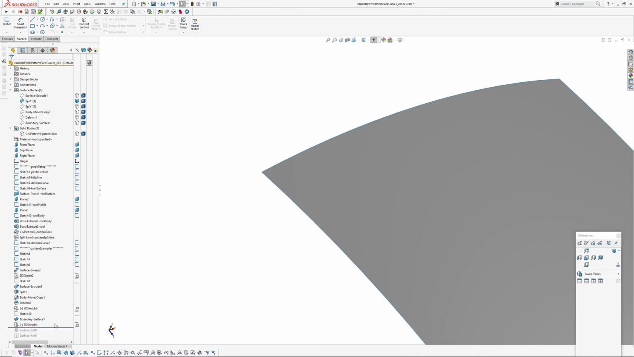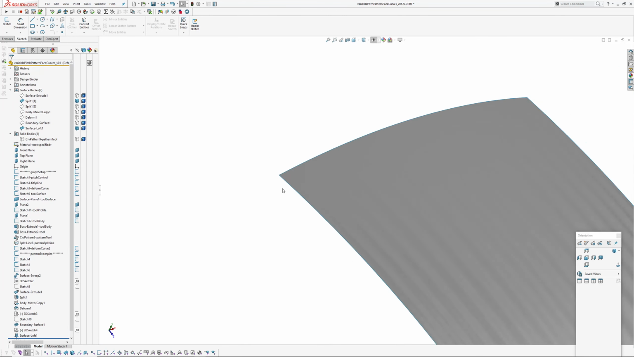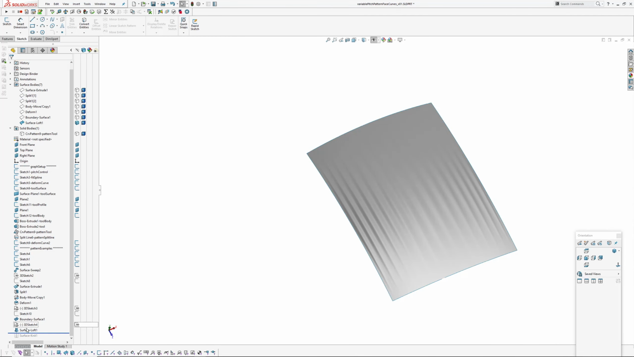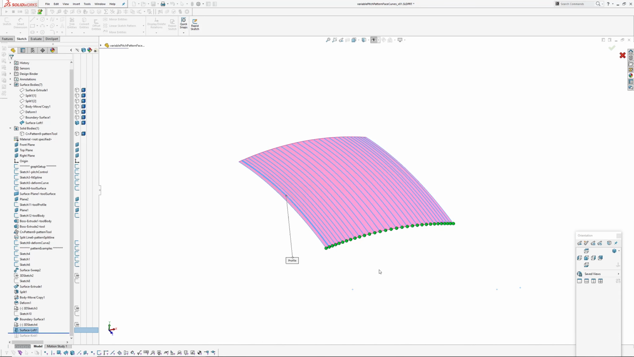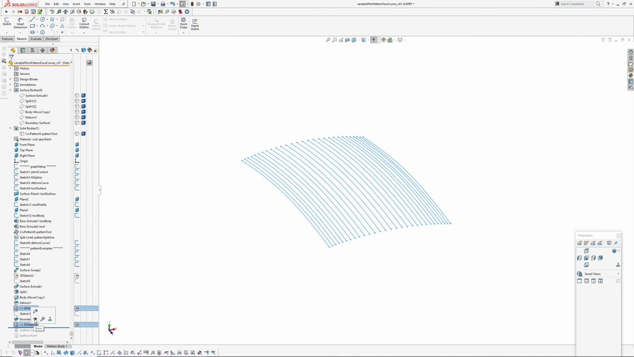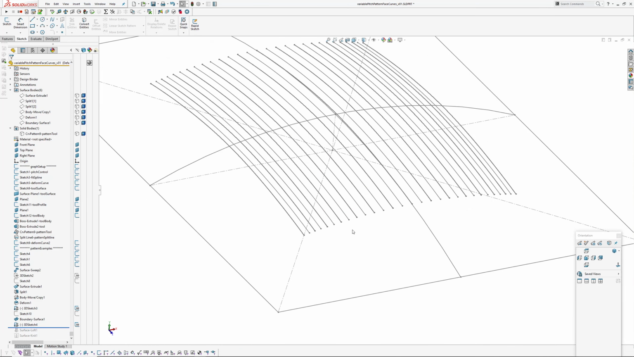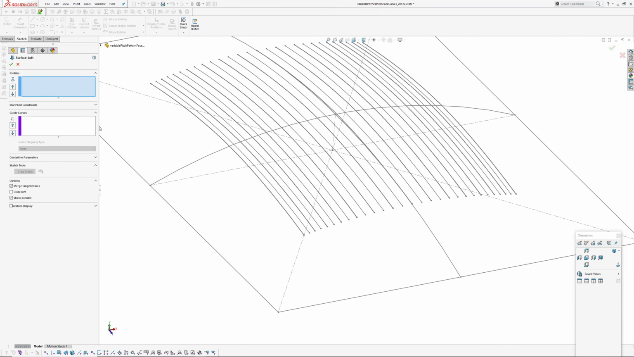Next up is I've created a loft through all of those curves in the 3D sketch that we created. Okay, so you can see there's lots of curves, and because those 3D curves are all in two sketches, you have to use the selection manager. I'll show you what I mean. So if I go alpha loft,